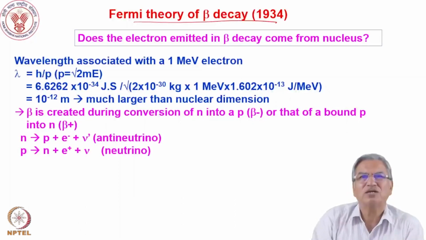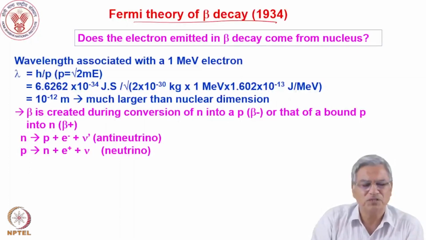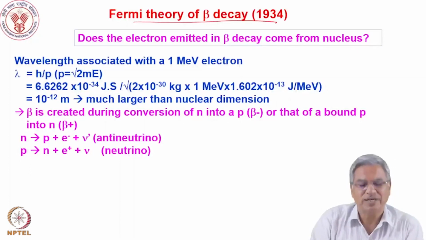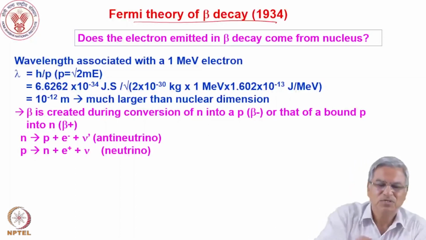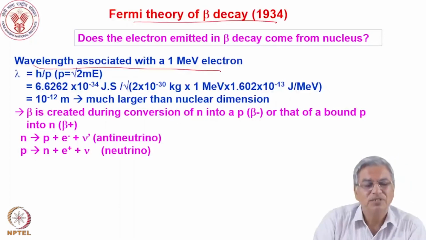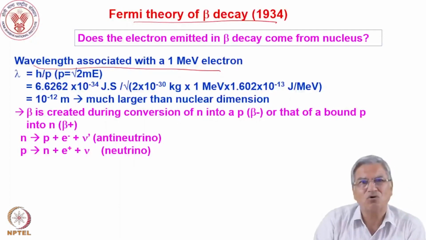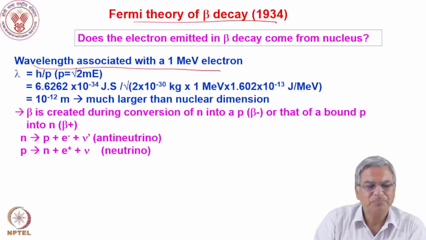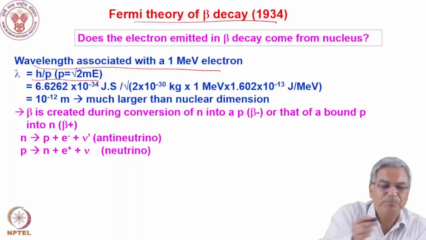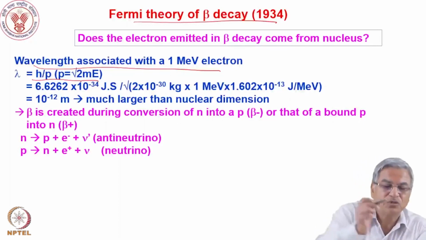And we will see later on that actually it is not present in the nucleus. The electron is not present in the nucleus, but it is generated whenever there is a weak interaction. We will see that. So let us see why it is not present in the nucleus, because of the wavelength of the electron. If you have a 1 MeV electron coming out in beta decay, what is the wavelength? Lambda is given by h upon p, the momentum, the de Broglie wavelength, where p can be written as root 2